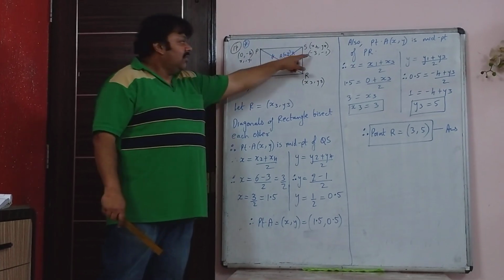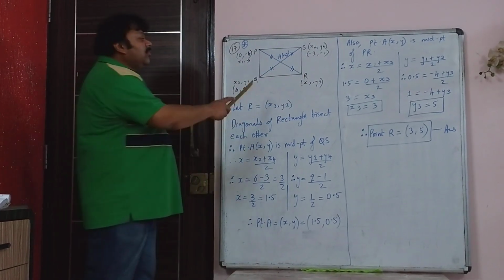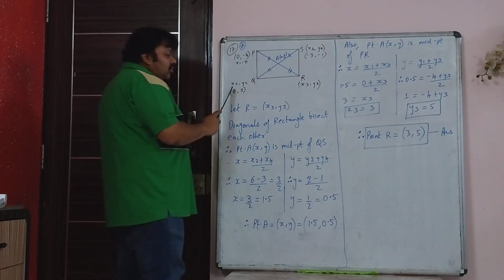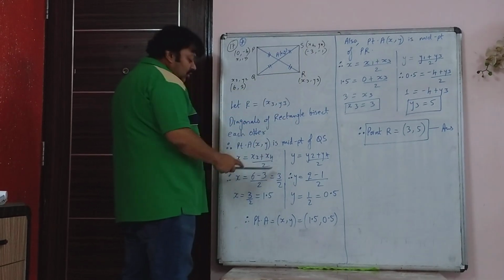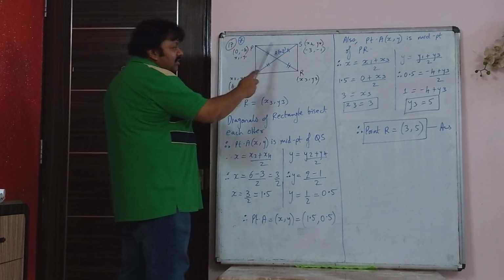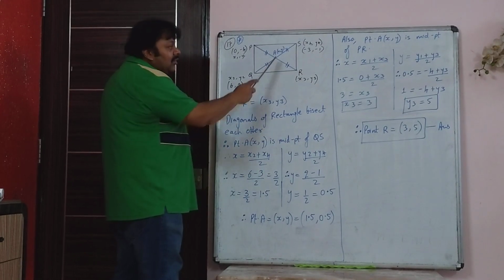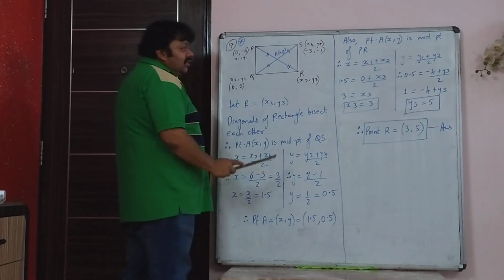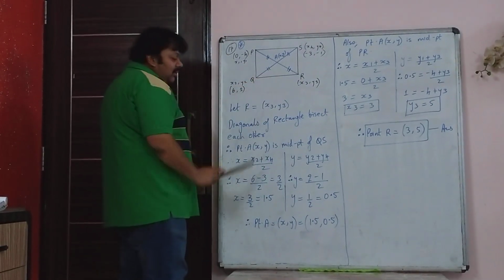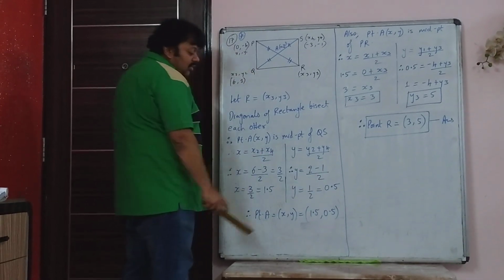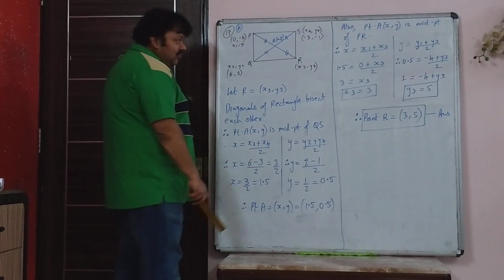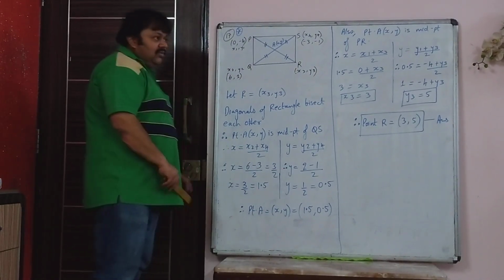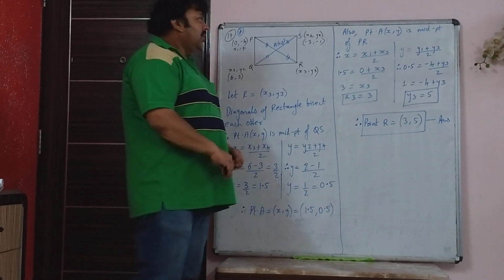So we know 6 minus 3, and we can use the midpoint formula for QS. A is the midpoint of QS. So you will get (6 plus minus 3) upon 2 is equal to x. So that is 3 upon 2, or 1.5. So you got x as 1.5, and (2 plus minus 1) upon 2 is your y coordinate. So (2 minus 1) upon 2, that is half or 0.5. So point A is (1.5, 0.5).